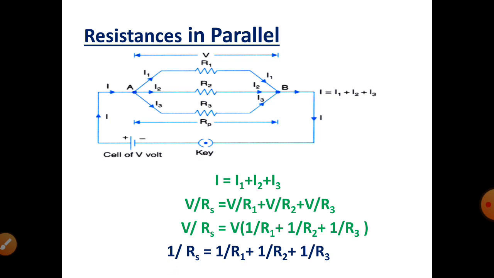If there are n resistances connected in parallel, we can write a general expression for the n resistances connected in parallel. Now from this expression, we can state the law of resistances in parallel as the reciprocal of the resultant of a number of resistances connected in parallel is equal to the sum of the reciprocals of the individual resistances. Okay, so in the next lecture we shall see the Wheatstone's network.